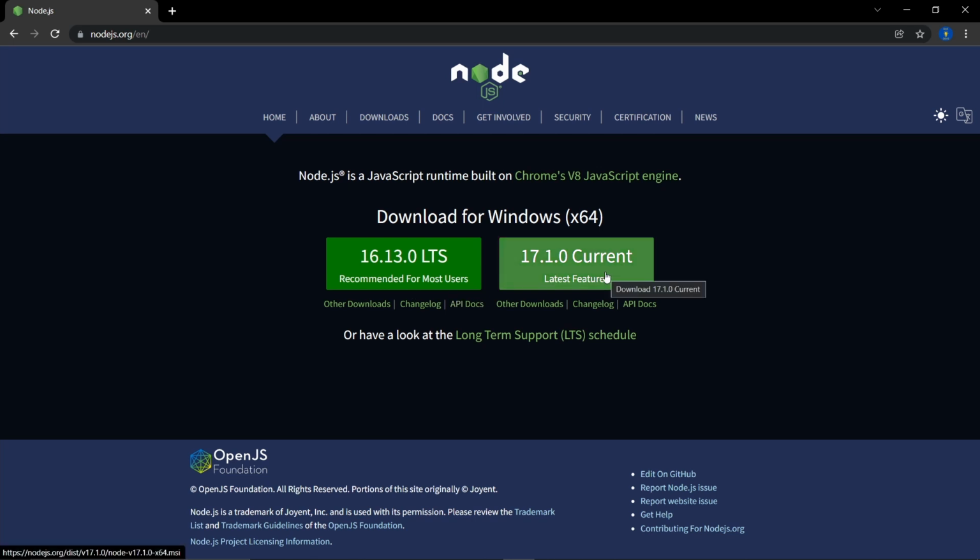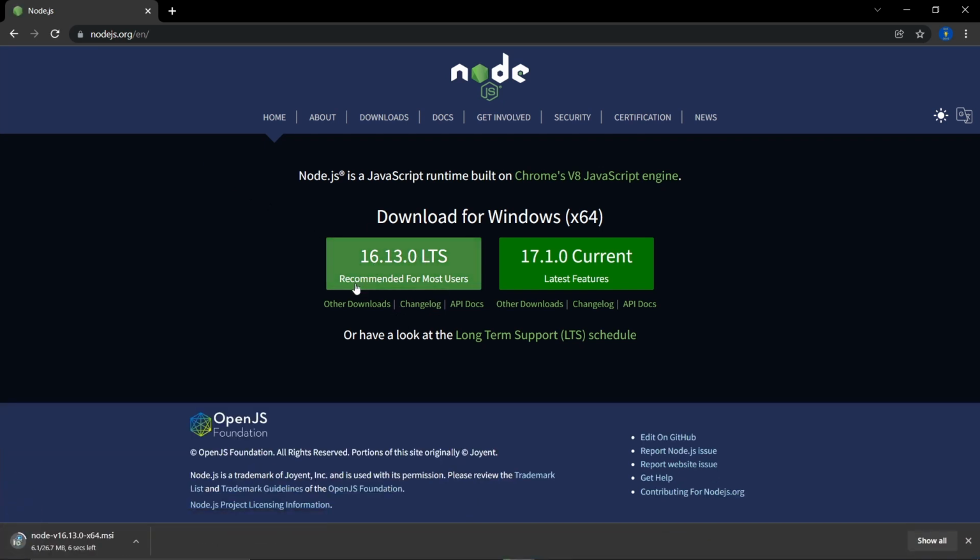You can choose to download any one of these two, but the LTS version is much more stable. Right now it's showing 16.13.0. If you are watching this in a future video, the version will be something greater. So you have to go to this website, nodejs.org/en, and click on this particular button. After it installs, just click on the installer,